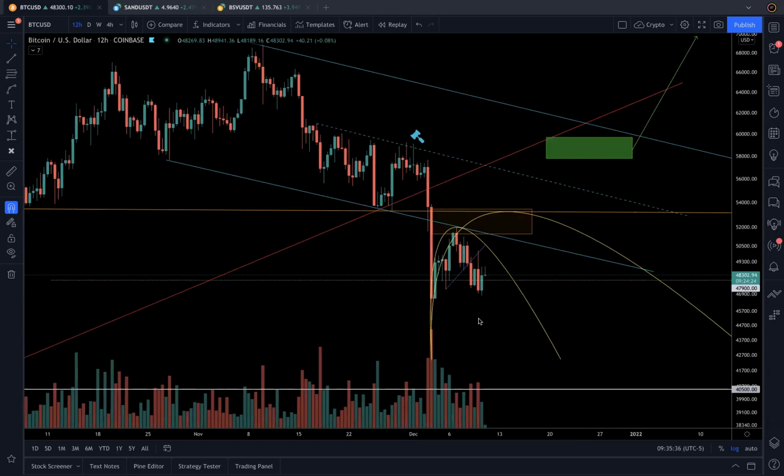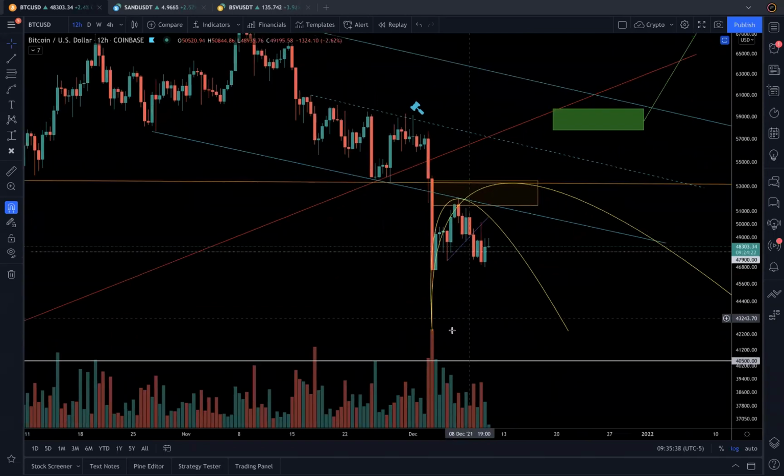And now what you see here is when it corrected, when it broke, it went up and was rejected by the same line. You see, this is not a coincidence. This is a technical level. This is another representation. This level in the other chart layout was a support level, which became a resistance. And here it's a trend line, the downtrend line of a channel. That also gave the level where it could react, and we saw the reaction, right?